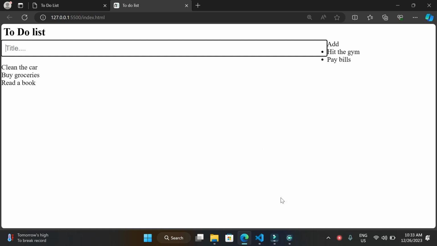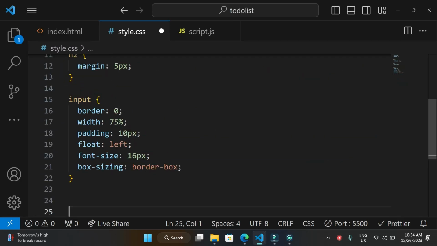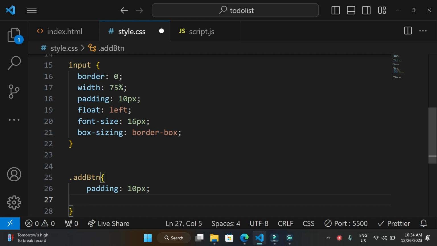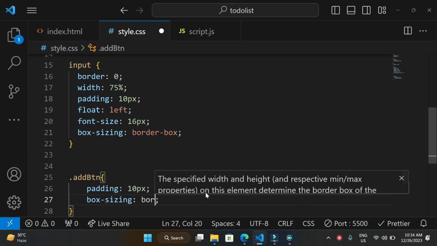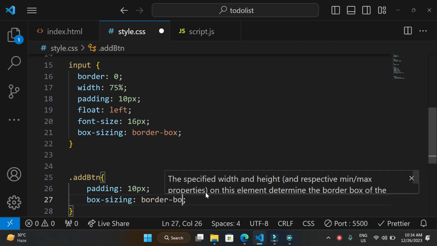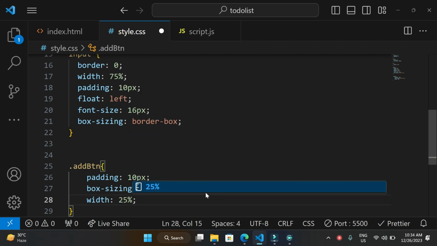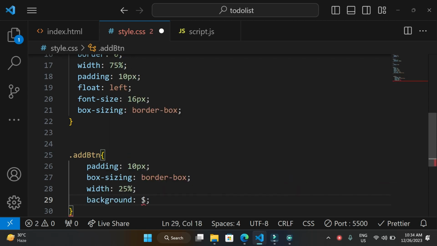Now, the next thing we're going to style is this add button right here. I'm going to select this element by a class called add btn, and I will give it a padding of 10 pixels. I will also give it a box sizing property of border box. I'll give it a width of 25%, and I am going to give the element a background of